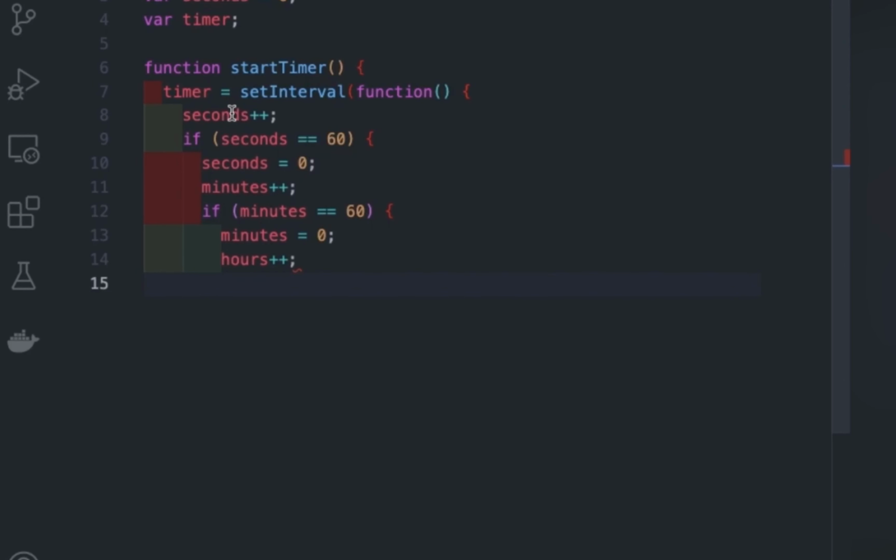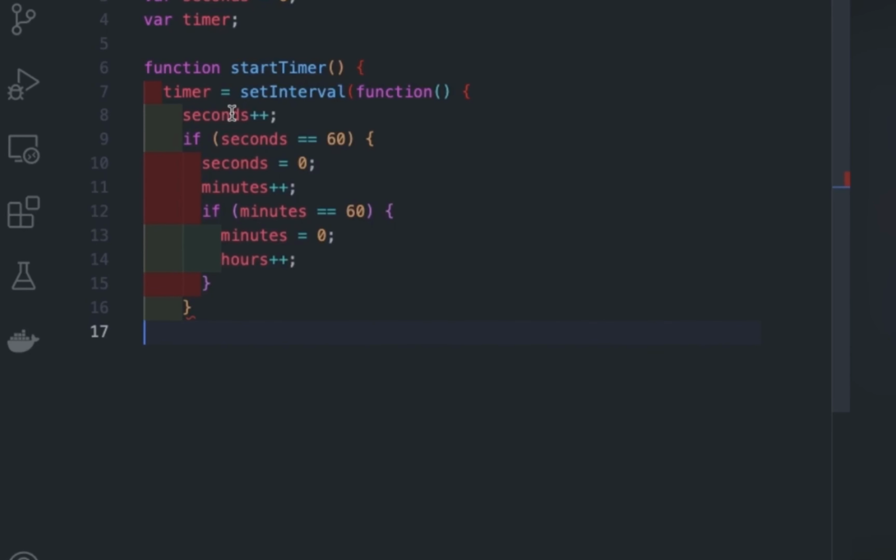I guess you understood what I am saying: when 60 seconds are over, 1 minute will be added and second will start again from 0. And the same thing with minute: if minute exceeds 60, then hour will be increased by 1 and minute will start again from 0. The same logic I am writing here.